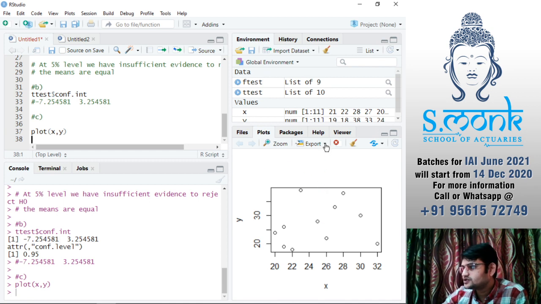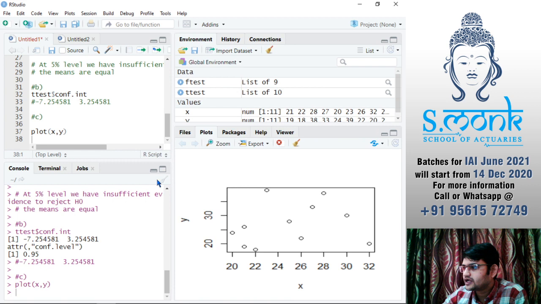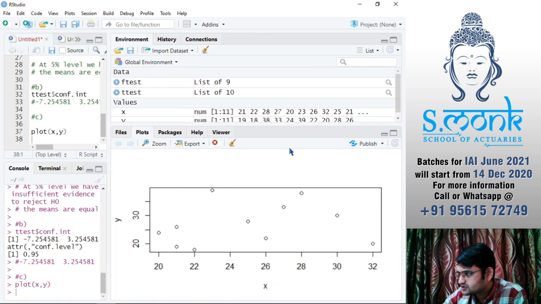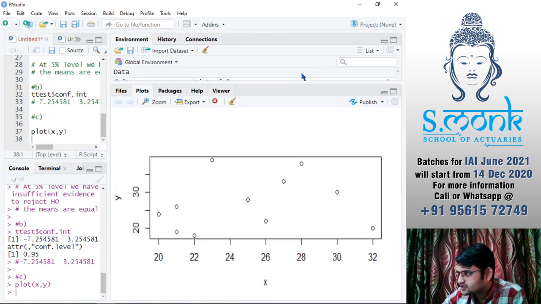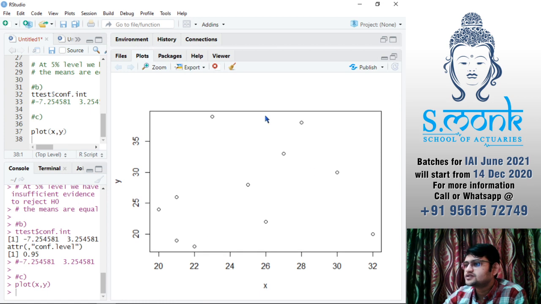One would be just export, save image. But remember, whatever size you have here is going to be how your image will look. So if you want a bigger image because maybe the data is too close to each other, just increase this area, and this is the image that would be saved.